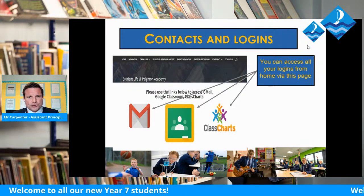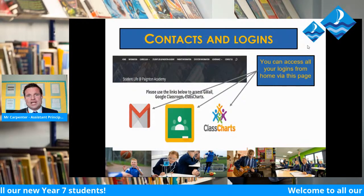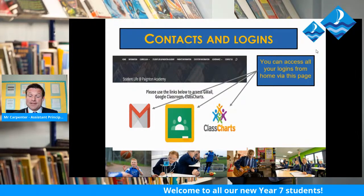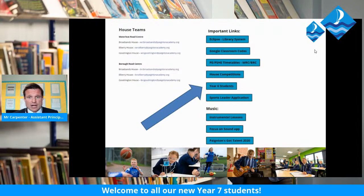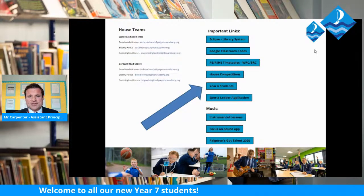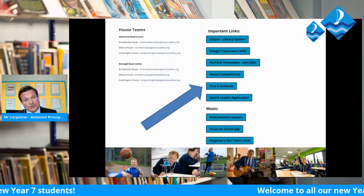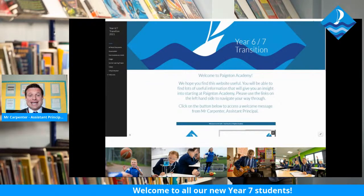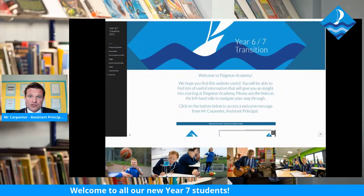We've not sent you too much at the moment, but it will start to, obviously, from September, increase your use of the Academy email account that you have. There's also a link to Class Charts there as well. So as you scroll down, you'll see that there is a tab for Year 6 students just for you. And if you click on that particular tab, you will see that it takes you to the Year 6-7 transition